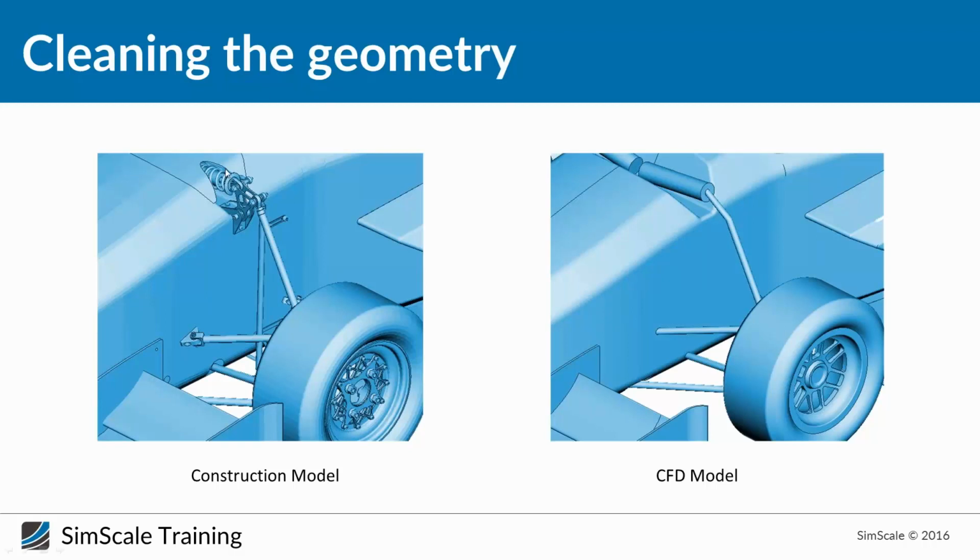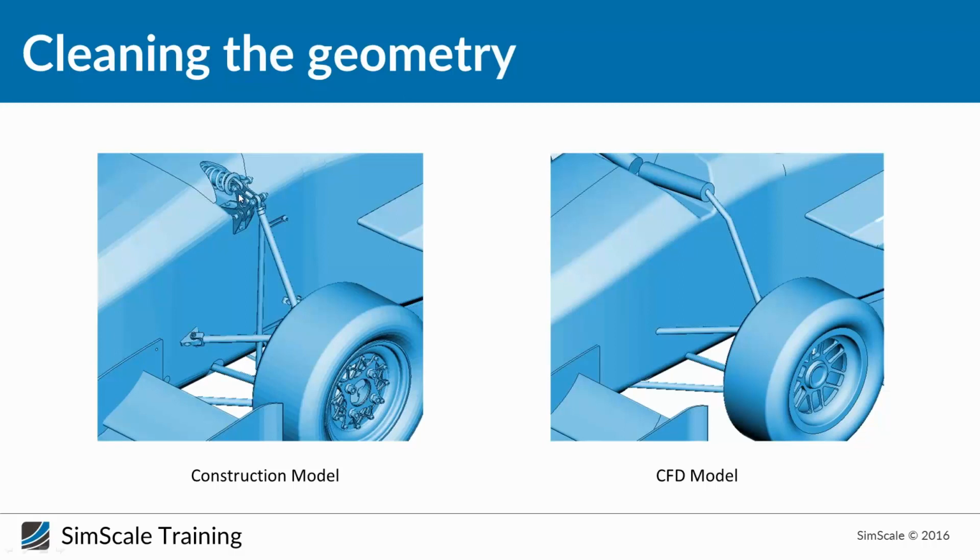So here we can see the suspension system with all the details, and like I told you, from this side is the construction model. So we can see that the model is really representing the real example or the real car. But from the other side, we can take all these details together and represent them with just one cylinder that will give us the high detailed model. Of course, not 100% accurate results, but this will help you a lot to create high quality mesh, because